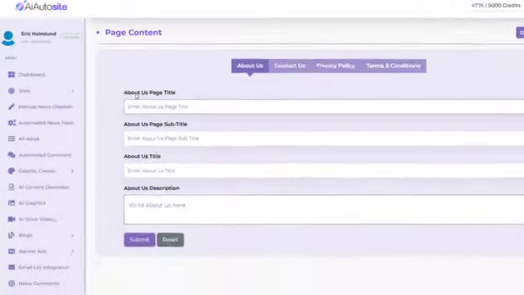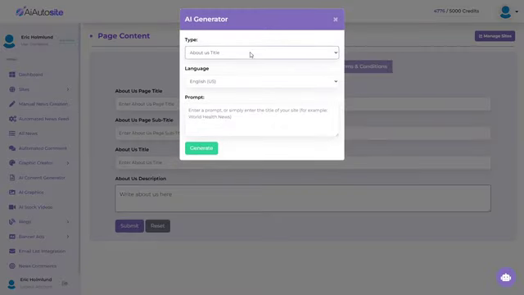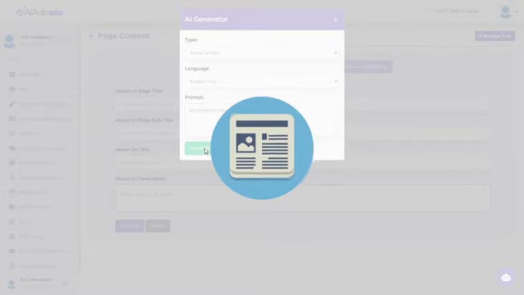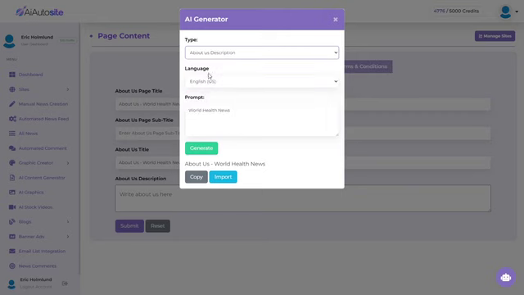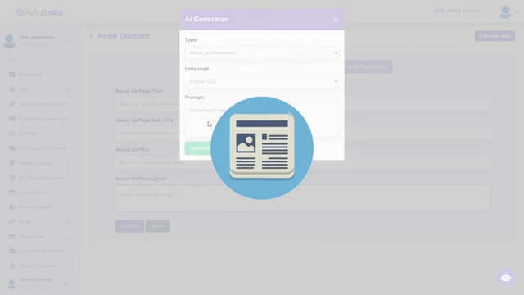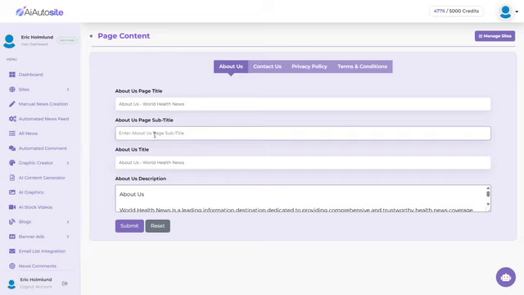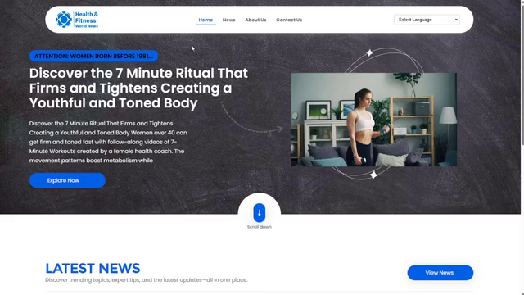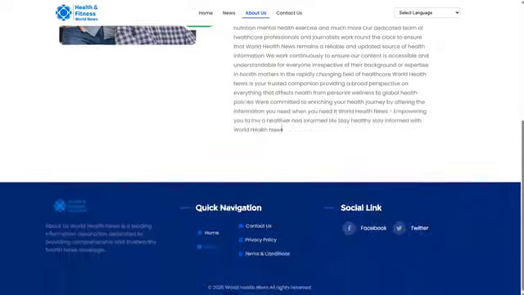Here we can customize our About page. As always, you can write your own content or use the AI robot. It's as simple as putting in your site name and clicking Generate. We'll import that. Next is the About Us description. Click Generate. We'll import that. And then we have a subtitle. I'm going to say your leading health news authority. And click Submit. Going back to the site, if we now click the About Us tab, we have our site